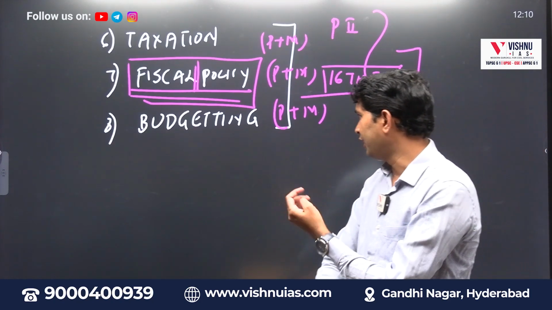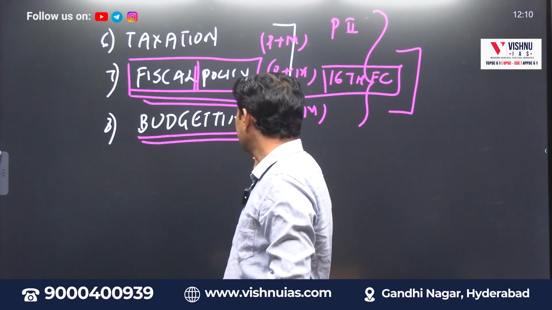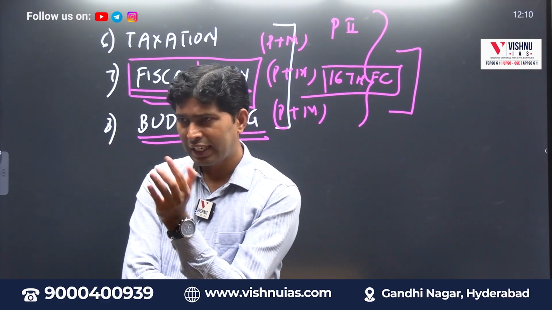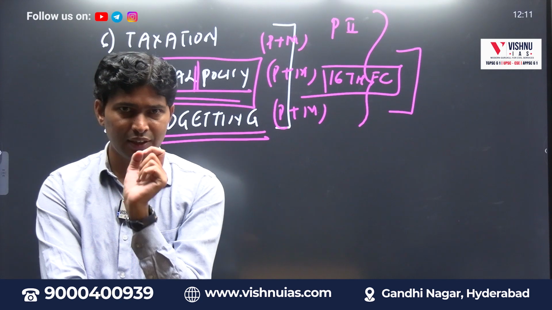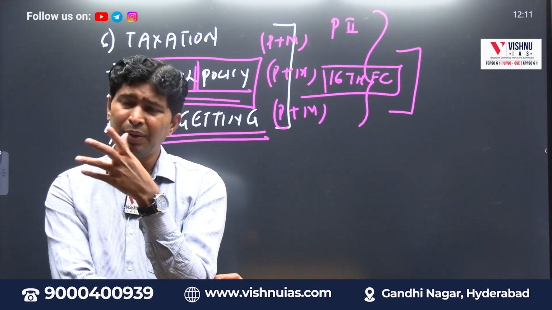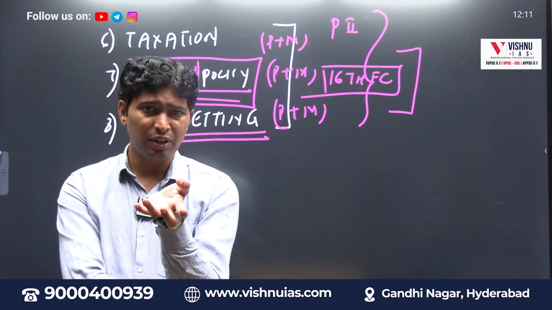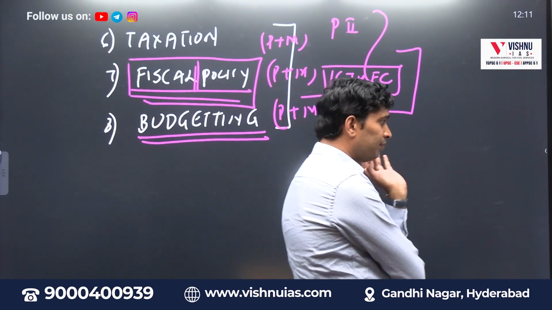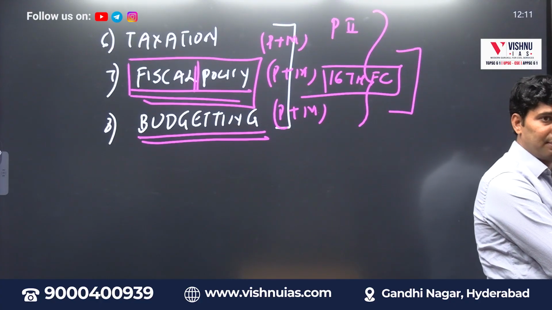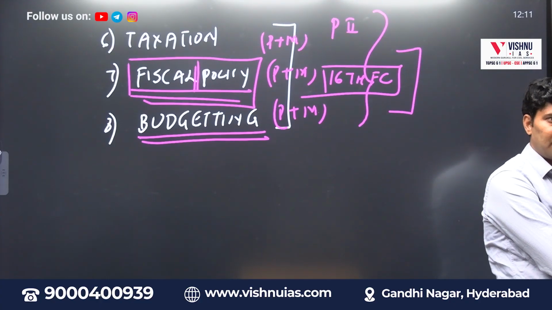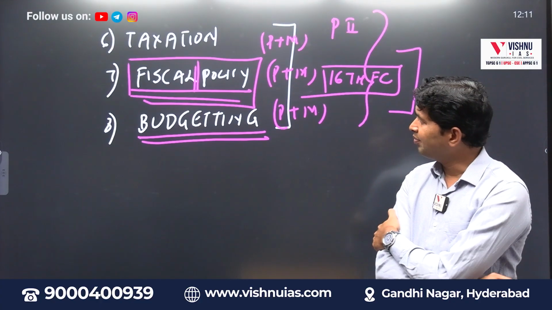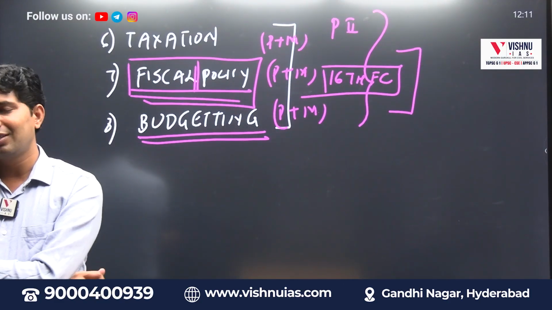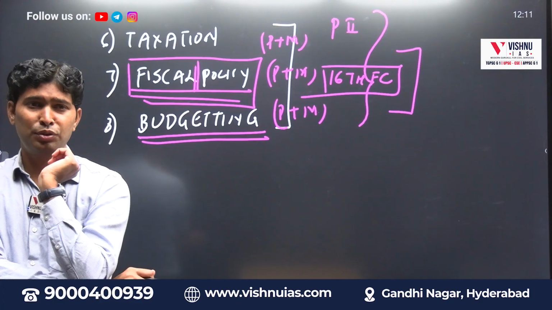So budgeting. What is budget? Budget consists of capital account, current account, revenue expenditure, capital expenditure, revenue receipt, capital receipt. Also different types of budget are there: sunrise budget, sunset budget, probably rolling budget, gender budgeting, how the budget document is actually prepared, what is the procedure of the budget, all this. Once you read this chapter, every year from November and December onwards till the budget is presented, every day these terms will be in the news.